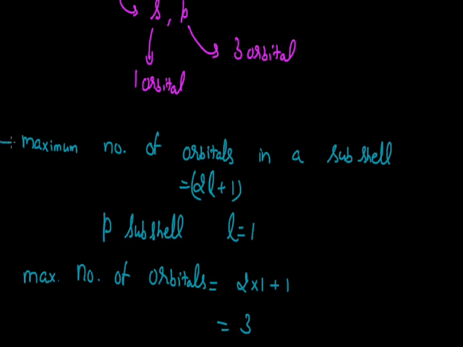So that's about the next information, and sometimes these formulas are asked in objective exams, that what will be the formula for the maximum number of orbitals present in a subshell. Then there you can take help from these formulas. So that is about the magnetic quantum number. Now the last one that we are to talk about here is the spin quantum number. So that's about the last quantum number, called the spin quantum number.